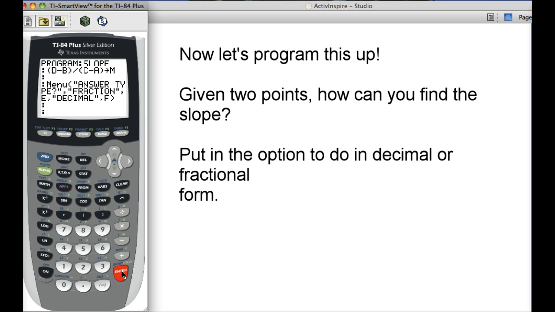Alright, so we've already calculated the slope. Now all we need to do is give them the answer. So I'm going to do my program. I believe label is number 9. Label, let's start with label E. Actually, doesn't matter the order you do it in, but label E. Let's output the slope. So we're going to go program, display,